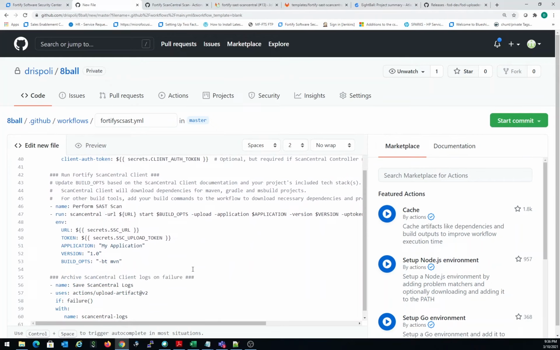Since I don't like the idea of having my application and version embedded on my Fortify Scan Central SAST YAML file, I will also be creating two different variables here to take care of this and also make my new script a little bit more customizable. So I'll just put a new name for both of them. So I'm customizing my application name and version,